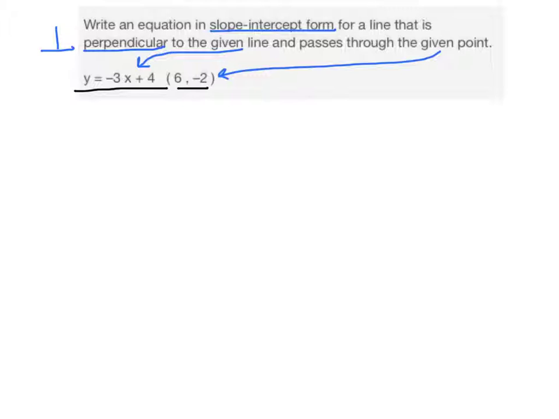For any equation, we can follow the slope-intercept form of y is equal to mx plus b. And in this case, we are going to erase that m and we're going to erase that b, and we're eventually going to fill that in with a slope and a y-intercept for a perpendicular line to this initial line that we were given. Now, for perpendicular lines, the slope is equal to the negative reciprocal